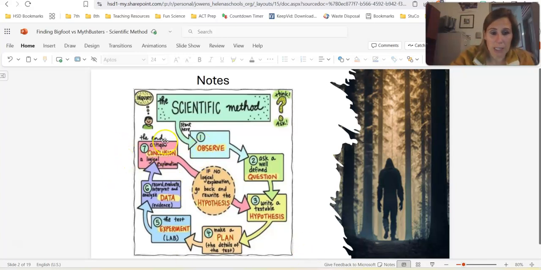Okay, a lot of times with the scientific method, we kind of have to redo it, all right? If no logical explanation, go back and rewrite the hypothesis. So you guys would tweak your hypothesis a little bit, maybe do a little bit more research, tweak your experiment just a little bit, run through it. Maybe if you guys thought it was great, but you want to retest it to make sure it's replicable, you would go back through and run the exact same experiment. So you kind of get stuck in this little loop of conclusion, hypothesis, retesting, recollecting data. You want to be able to go through this cycle several times and get the same data. Okay, if you're getting weird data, then you again would need to kind of retweak your hypothesis and your experiment